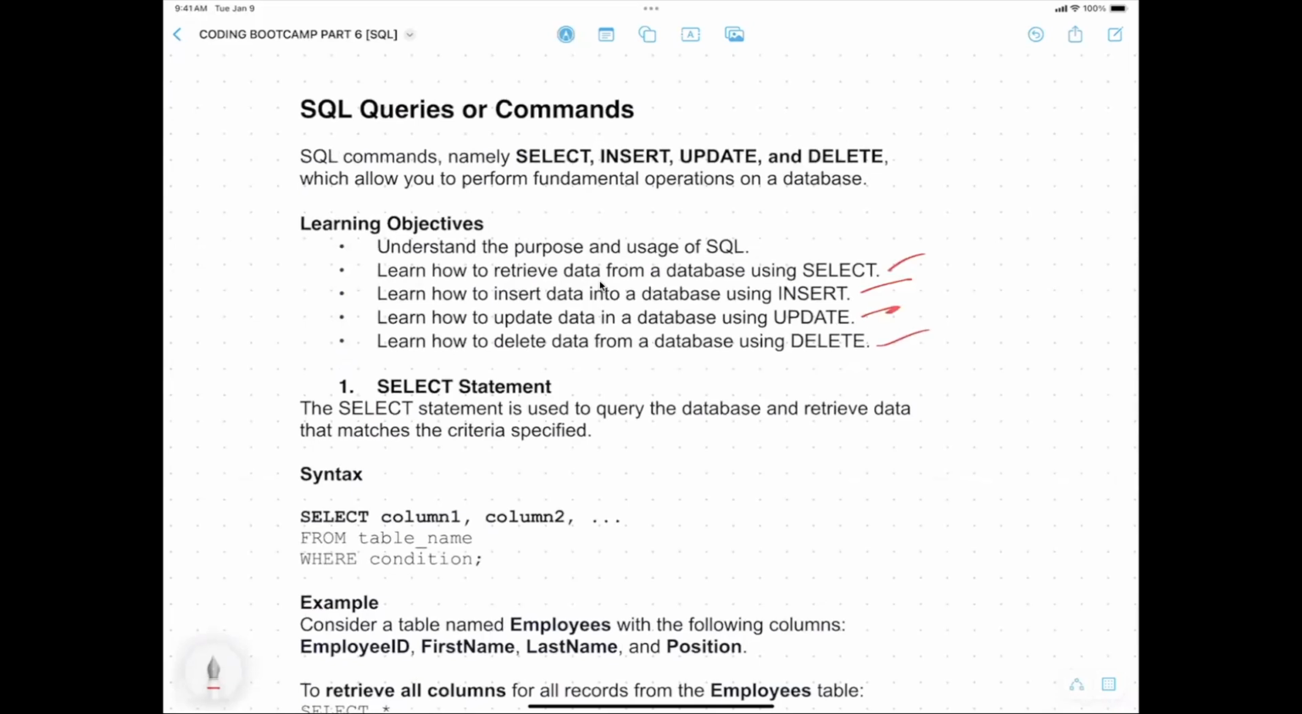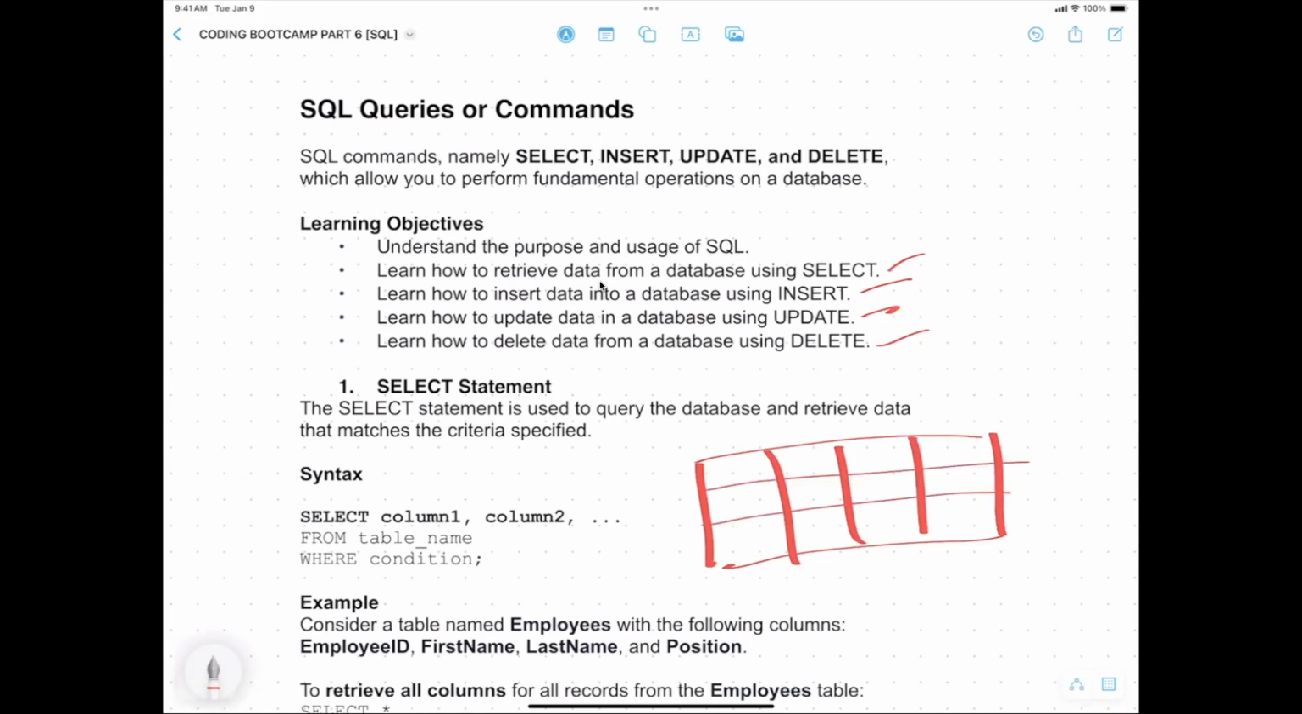As we discussed earlier, a table has columns, column 1 and column 2, and it has rows. The select query syntax is like this: select column 1, column 2, and whichever. There could be many columns, and you can give the list of columns you want to see from the table name. If it is an employee table,